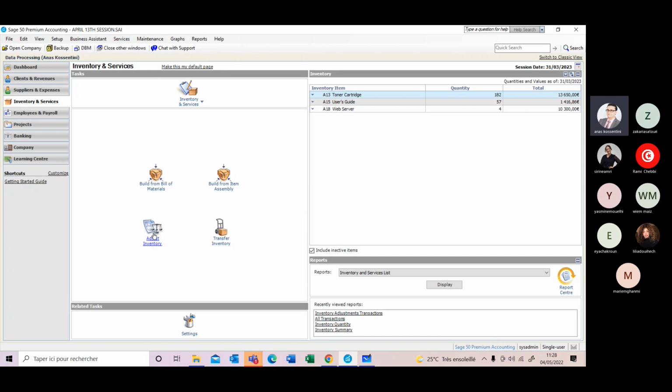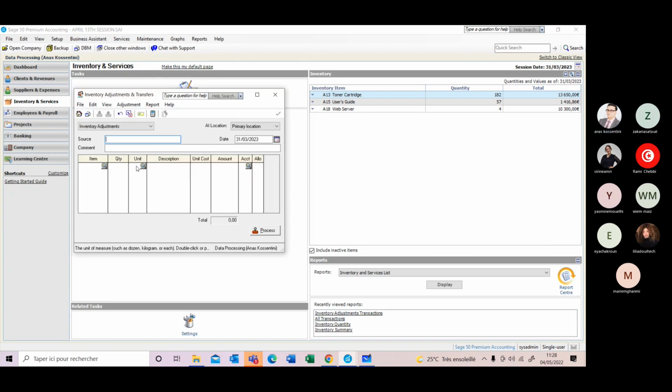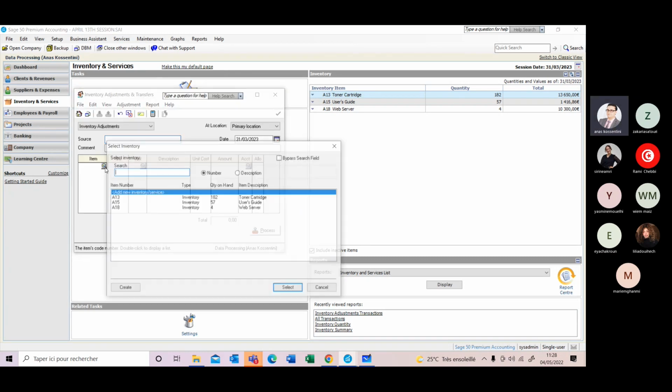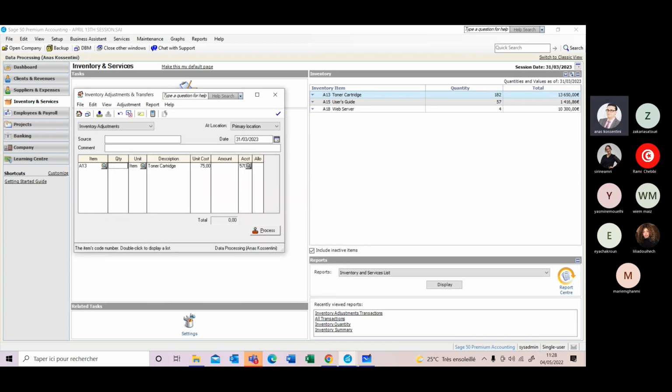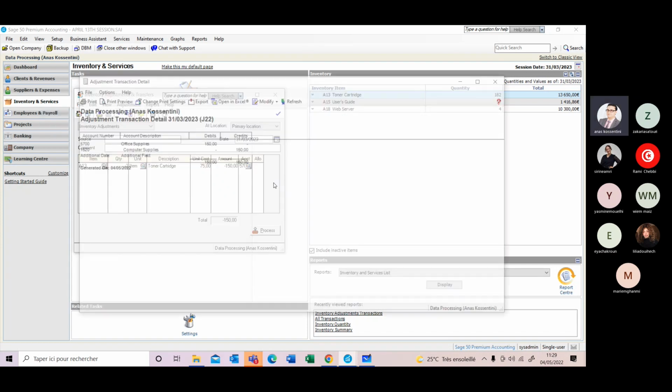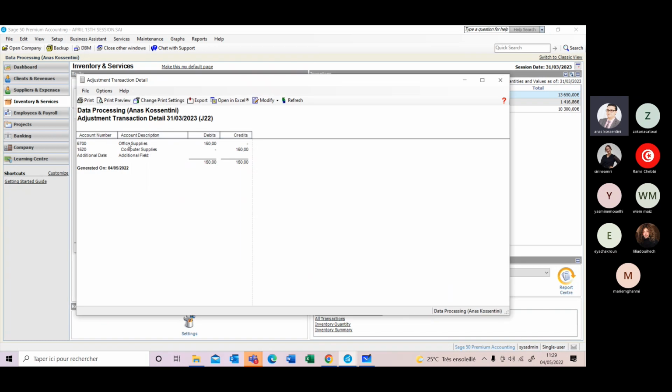And if you go to adjust inventory, as I said, you can go to the item A13. You select it's -2. You go to report display. You'll see that the account is what? Office supplies. So it's just a part of your job, guys, that you set the appropriate linked account. So if the linked accounts are well set, of course, you are able to use the software easily. So getting back,